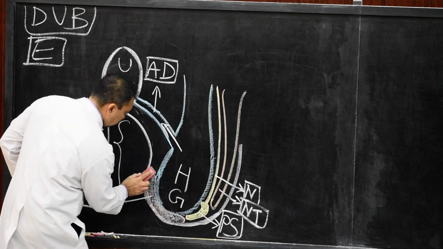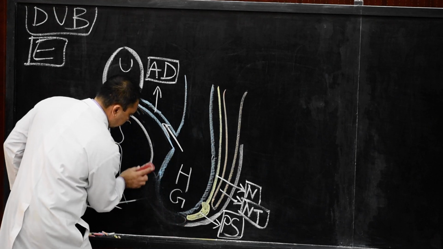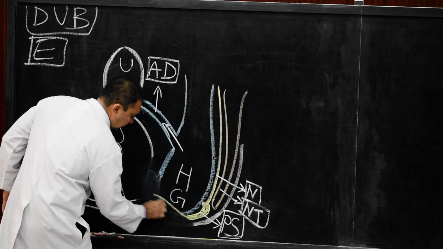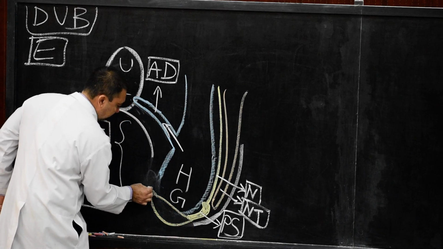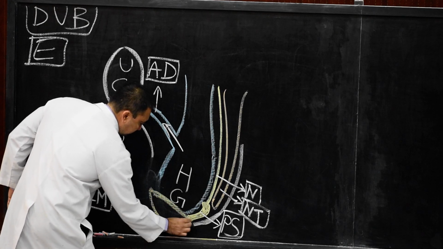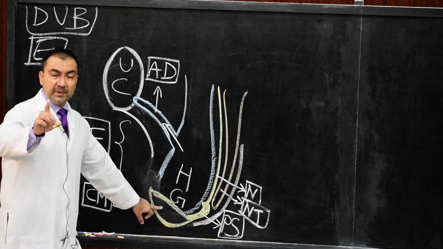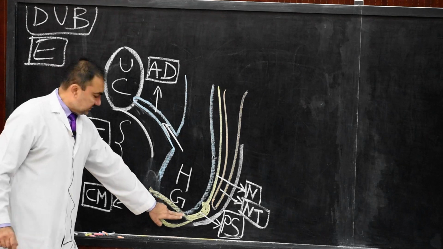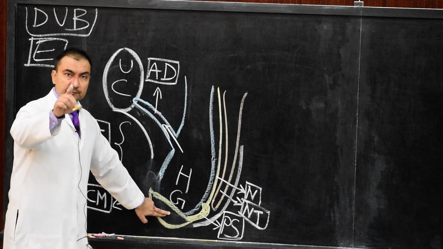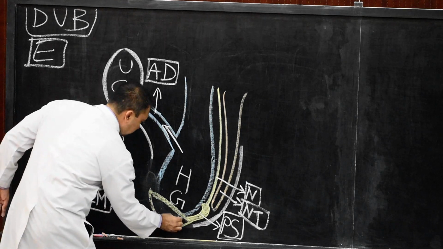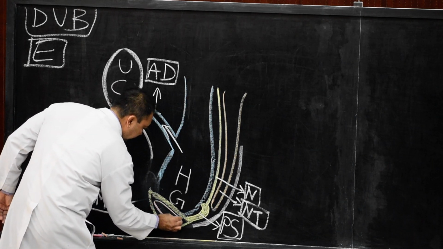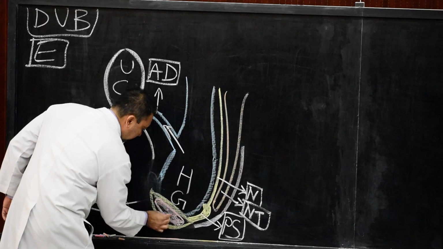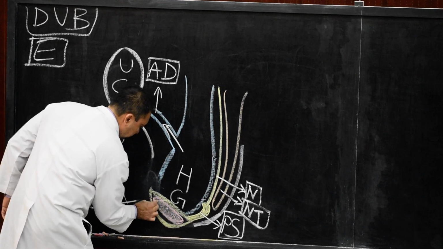So in the second diagram, what we will show will be, first we will show that the cells of primitive streak will migrate. So this is how the cells of primitive streak will migrate. Here we show that the cells of primitive streak, they are migrating on either side of cloacal membrane. So in between these two lines of mesodermal cells of primitive streak, we will show here the presence of cloacal membrane. So here we will show that this cloacal membrane is now limited like this. This is the cloacal membrane.